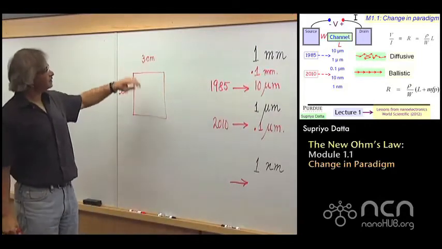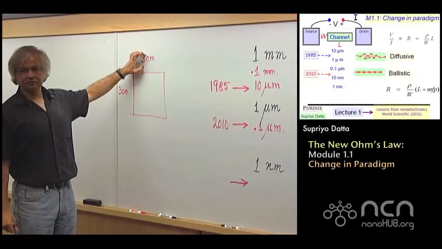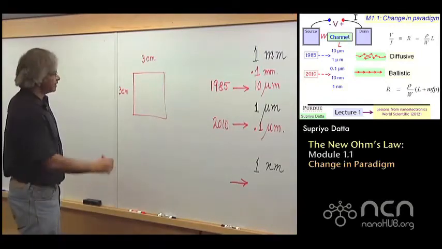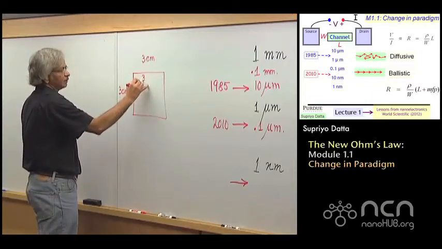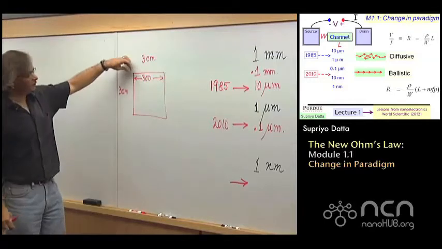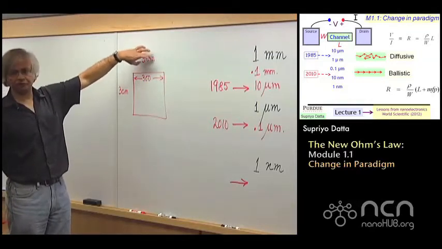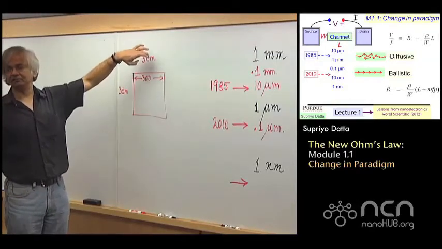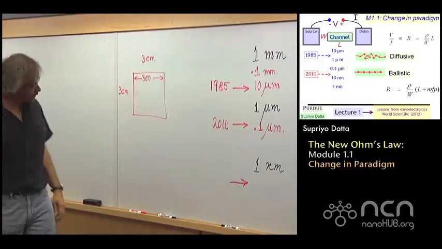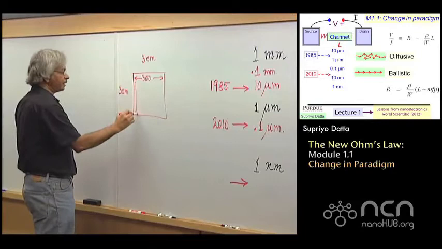So let's say about 0.1 millimeters. So in 3 centimeters, if each one takes up 0.1 millimeters, you might be able to fit about 300 of them this way, 1/10 of a millimeter each one. 3 centimeters is like 30 millimeters, so that comes to about 300. And you could think of another 300 this way,